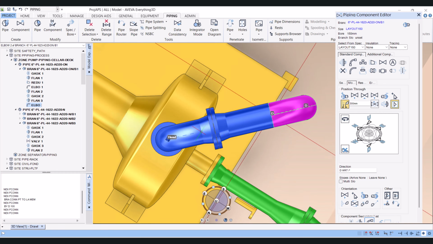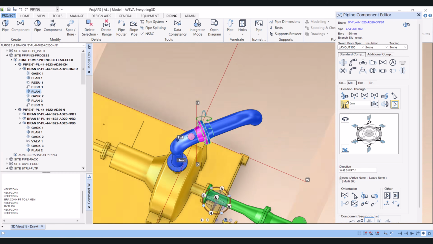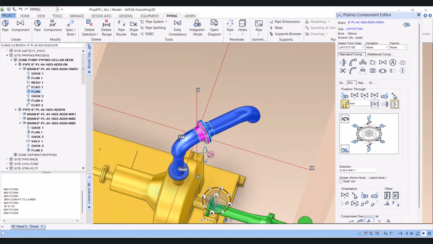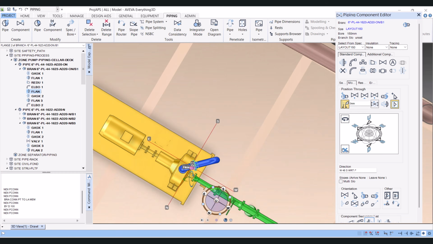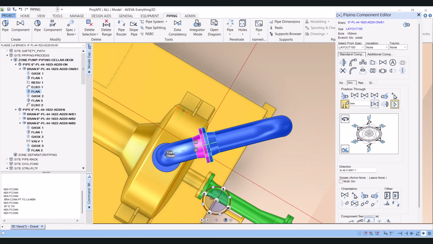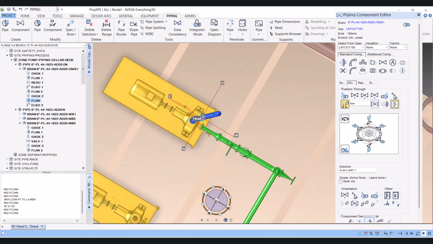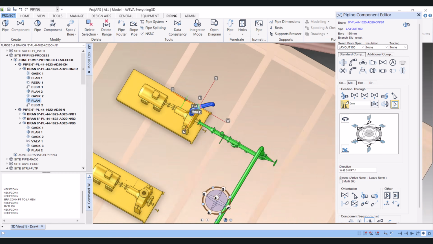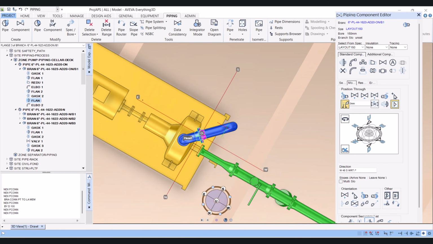because let's say if this is a removable spool and this portion is, if we have to remove the pump, this piping is still on the top of the pump side. On the top of the pump there is a monorail for material handling of this pump, so we have to extend this elbow. We will make it 500, maybe 600,